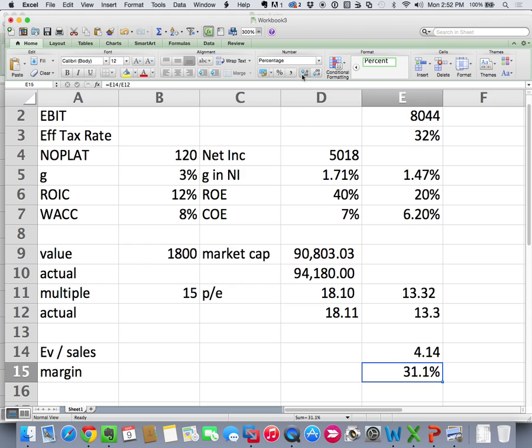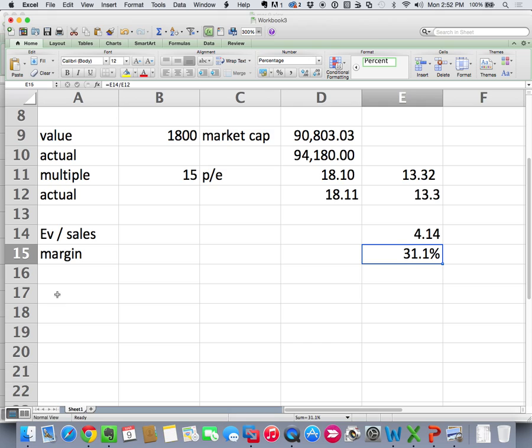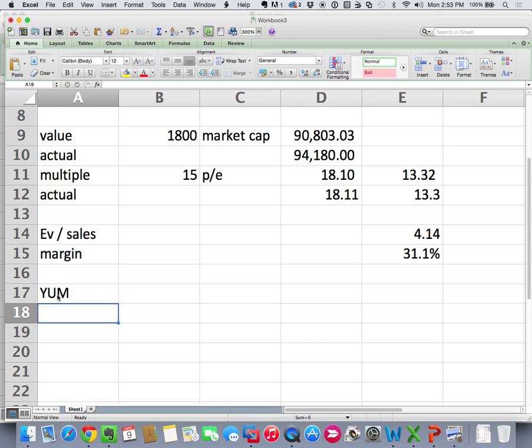So when we do our valuations, we've got to figure out what the long-term margin of the company is going to be. The market is using 31% for McDonald's. That's going to be a key insight when we develop our valuation models. Right? So again, EV to sales is sensitive to margin. Matter of fact, if I look at one of their competitors, let's look at Yum. Who is Yum? Company Yum, Y-U-M, ticker symbol. It's like KFC, Taco Bell, Pizza Hut. They were a spinoff from PepsiCo not too long ago. So let's look at Yum.